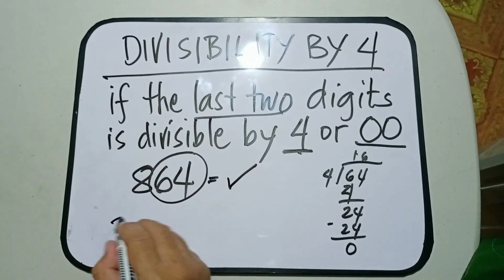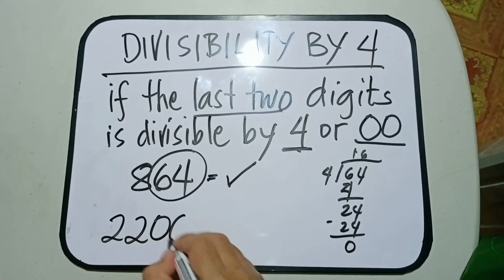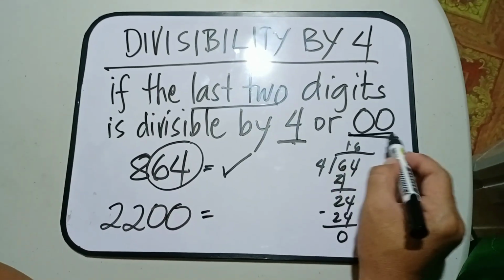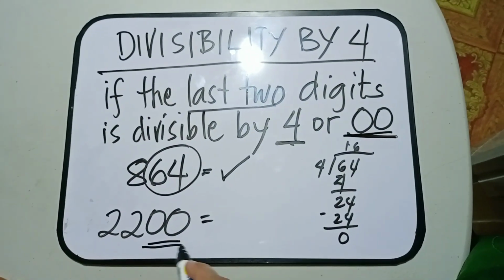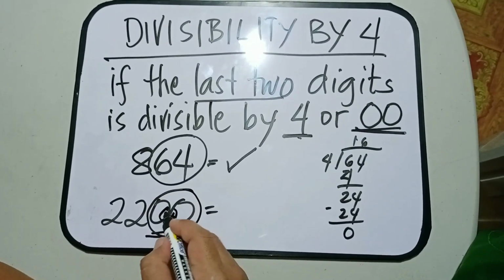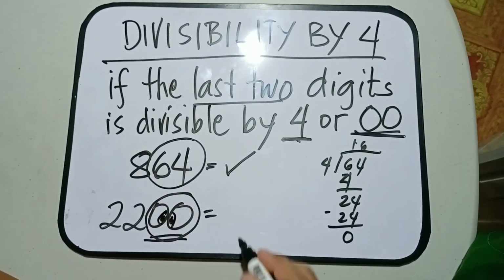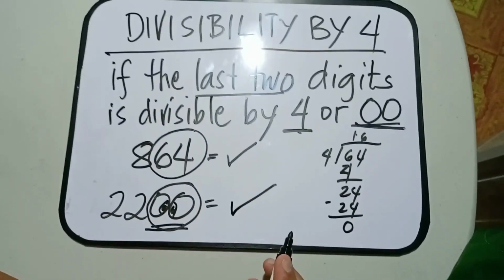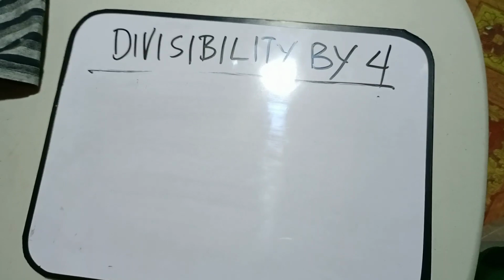Another one, if you have 2,200, example. So, 2,200. So, automatic, makikita natin sa last two digits, dalawang 0. Ayan, dalawang 0, diba? So, dalawang 0, that is divisible by 4. Another example,